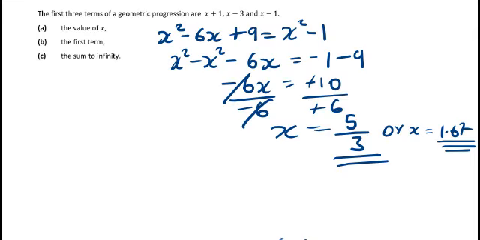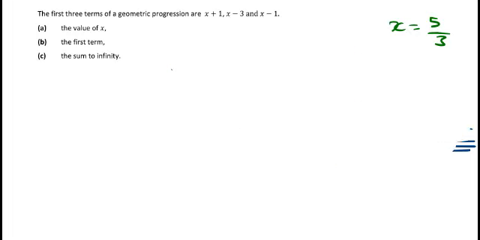So this is very easy. Since you have already found the value of x to be equal to 5 over 3, you understand that x plus 1 is in the first position, so that is the first term, but we need to see the value. So you write x plus 1, comma, 3x minus 3, comma, then 3x minus 1. You substitute where there is x with 5 over 3, and then you're going to have